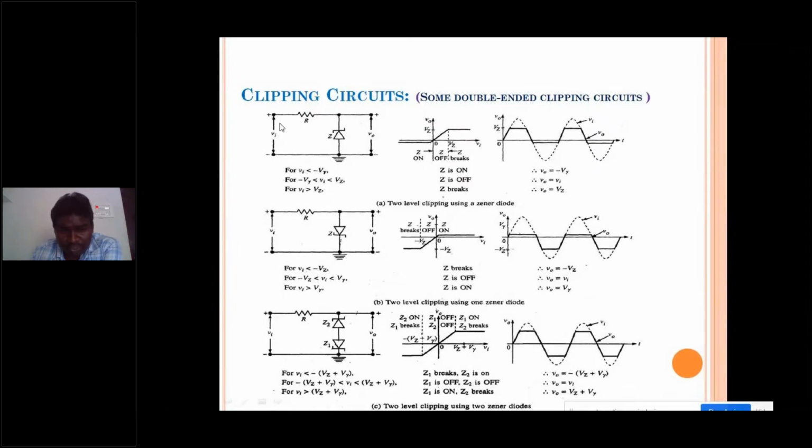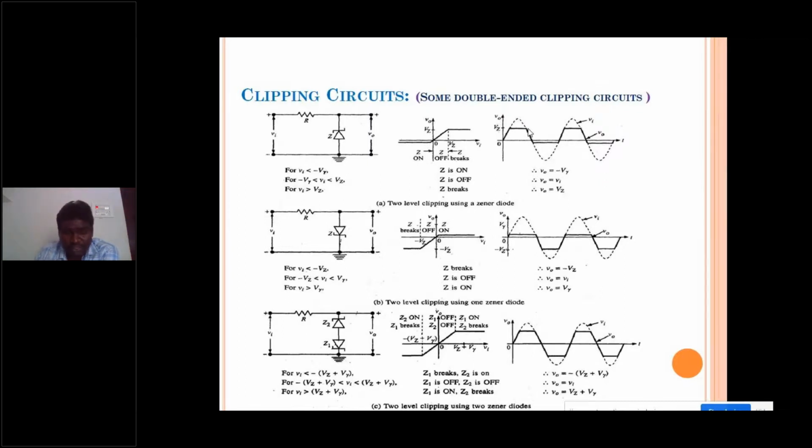When you are applying a positive voltage, this Zener diode is in reverse bias condition. As you go on increasing the input voltage, at one particular point a Zener breakdown will occur. That we call VZ, the Zener breakdown. When the Zener breakdown occurs, the voltage across the Zener diode remains constant even though you are increasing the input voltage. That is what happens here. So as you increase the input voltage beyond this, the output gets settled at the Zener breakdown voltage. As you reduce the input voltage again, at that particular point the diode is in reverse bias condition, that is, less than Zener breakdown.